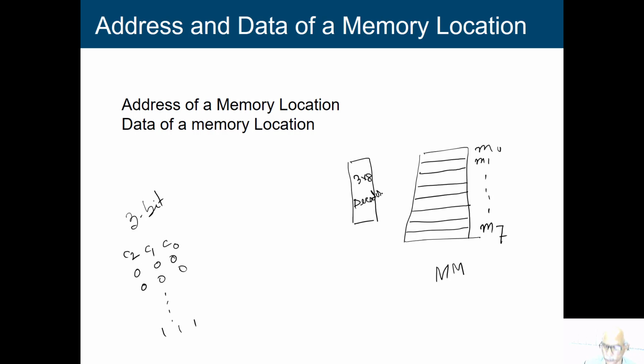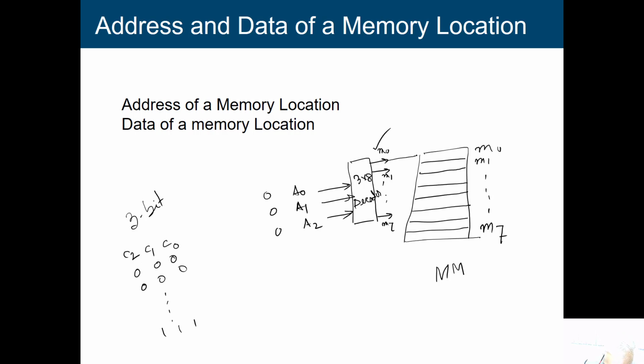three by 8 decoder. That means, in this decoder I will have 3 input lines, which I can say are A0, A1 and A2, and it has 8 output lines. Those output lines will be connected to M0, M1 to M7. Now, you just see when I give the input as all 0, then M0 will be enabled and all others are disabled. It will be 1 and others will be 0.